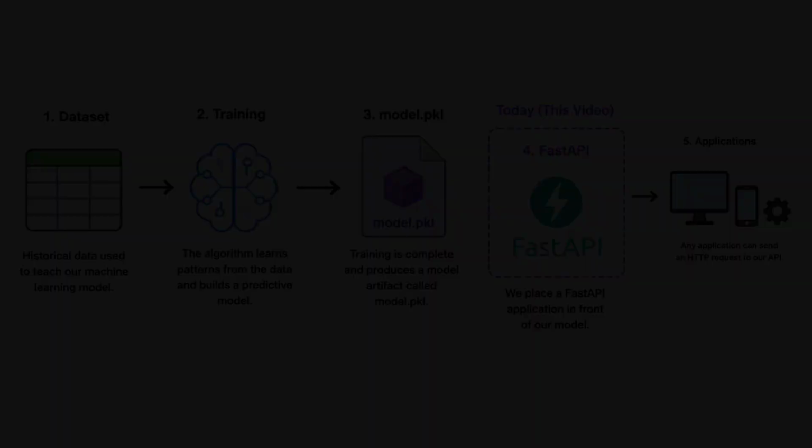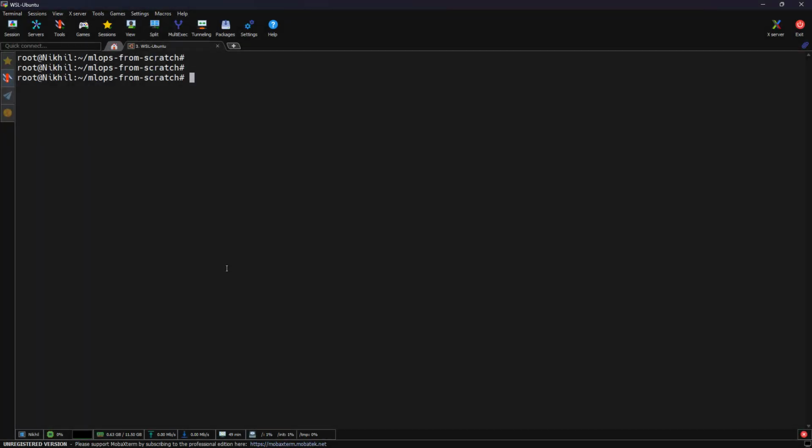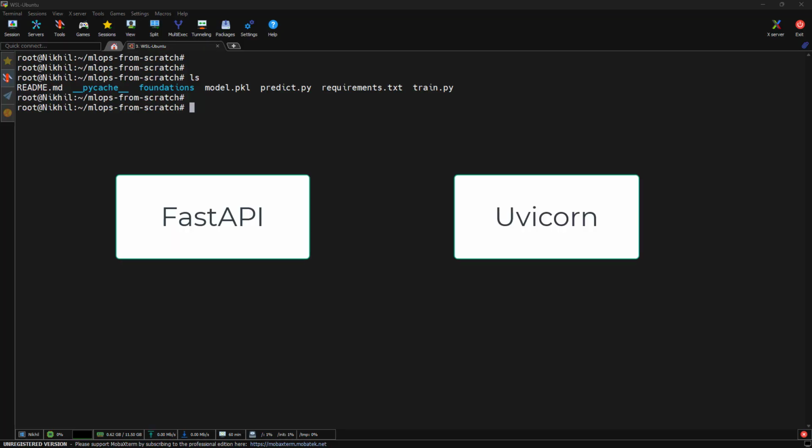So let's build it. I am continuing with the exact same project from the previous video. So I am going to use the same dataset, same trained model and same environment. We have simply extended what we have built already. Before we build the API, we need two packages, FastAPI and Uvicorn. FastAPI is the framework we will use to define our API and Uvicorn is the web server that will